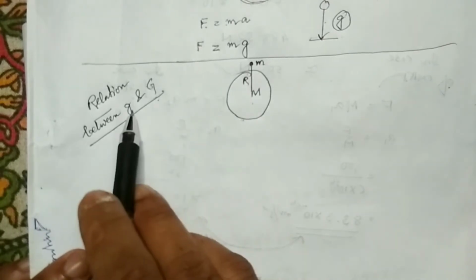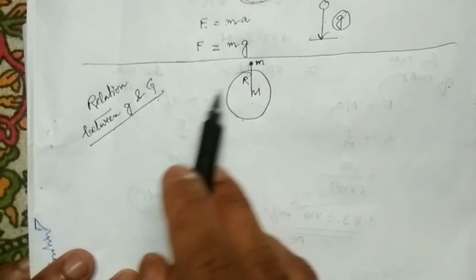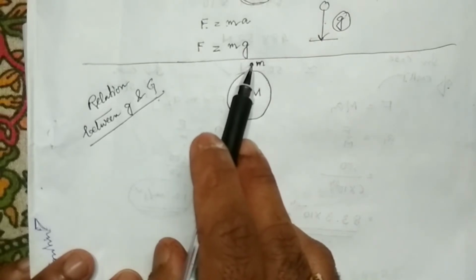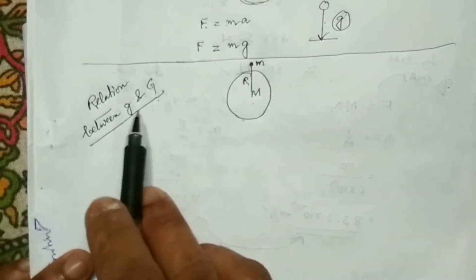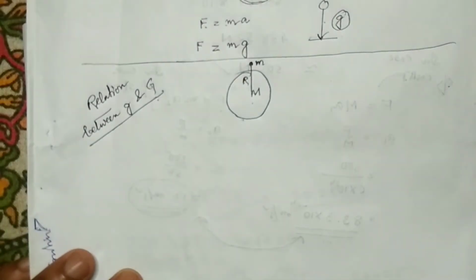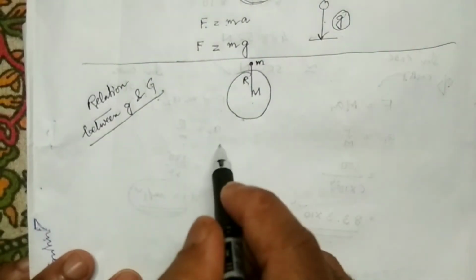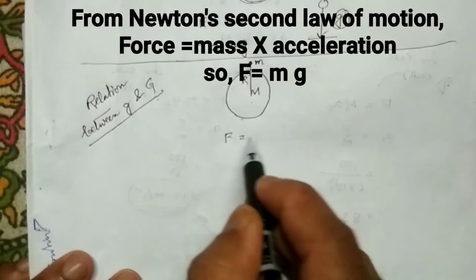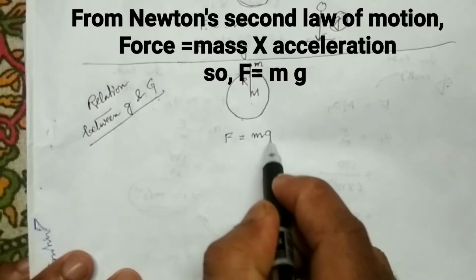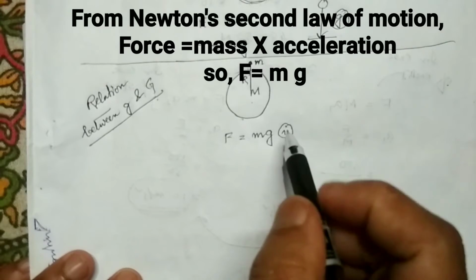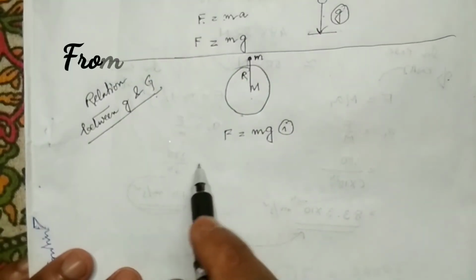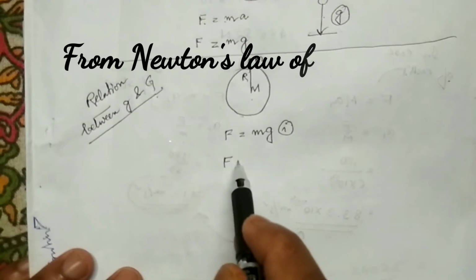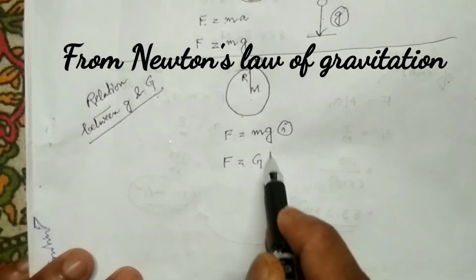Suppose g is the acceleration due to gravity. That means whenever an object is dropped, it will move towards the earth with a certain acceleration, and that acceleration is small letter g. Now from Newton's second law of motion, we know force equals mass into acceleration, so we can write F equals mg. Clear? Again, if you use Newton's law of gravitation, then you are going to get F equals capital G,